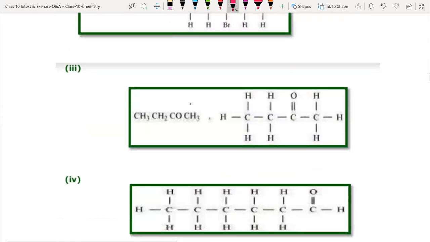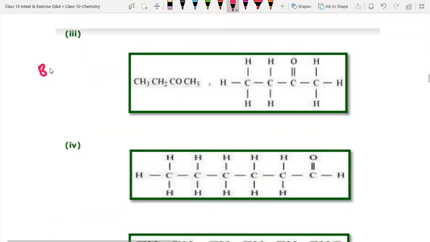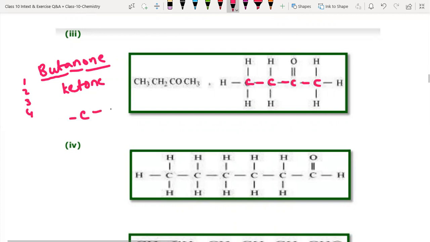Butanone. You see guys, butanone. Here but, meth, eth, prop, but. So there should be 4 carbons. 1, 2, 3, 4. An stands for alkane, all single bonds between carbon, single bond, single bond, single bond. One stands for ketone. What would be the structure? C, single bond, this side's carbons only should be there, double bond O.